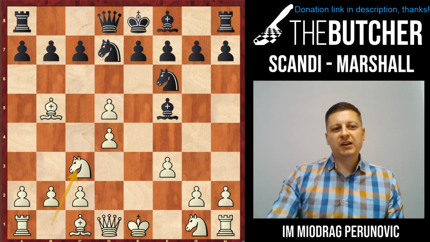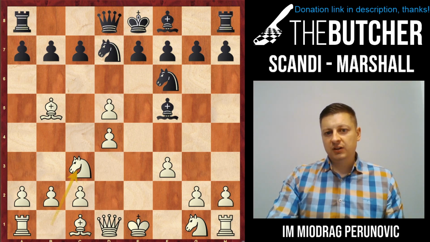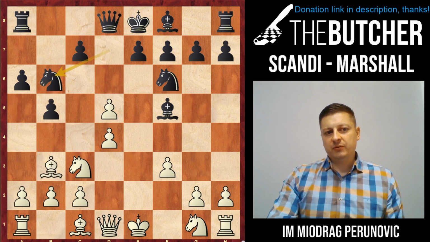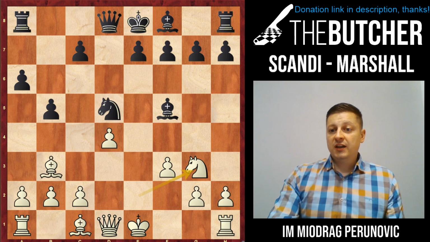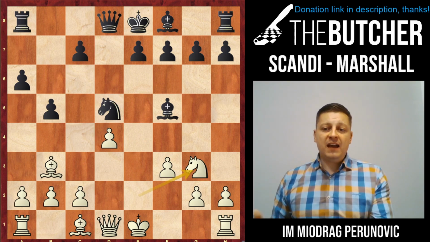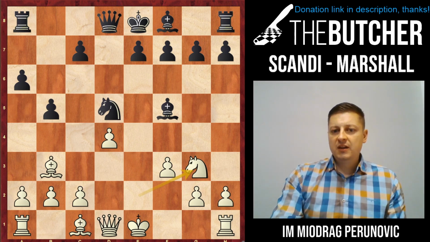Nikolai told me about the line with knight c3 and after a6, so instead of c4, knight c3, a6, bishop a4, b5, and when they play knight b6, you play knight e2. They capture, you capture, and you play knight g3. You cannot even imagine how many nice and easy blitz games I won using this system, because when they go